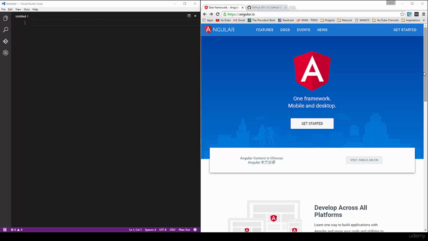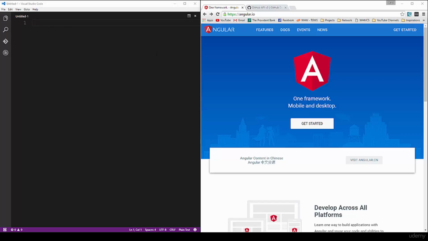Alright, so we're going to go ahead and get started on our GitHub search application. Now you'll notice that I'm using a different editor. I'm using Visual Studio Code. In the last project I used Sublime Text, but I decided to move to Visual Studio because it has much better TypeScript support and code highlighting. Alright, this editor is free, so if you just Google Visual Studio Code, you can go ahead and download and